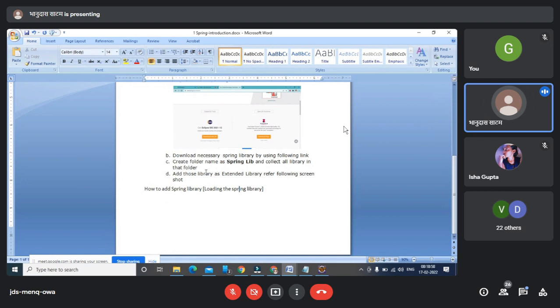That is my step one. I'm just showing this is my step one. So I'm creating the library here, and we are adding those libraries.